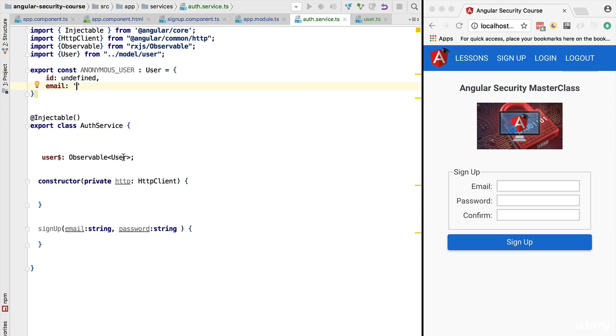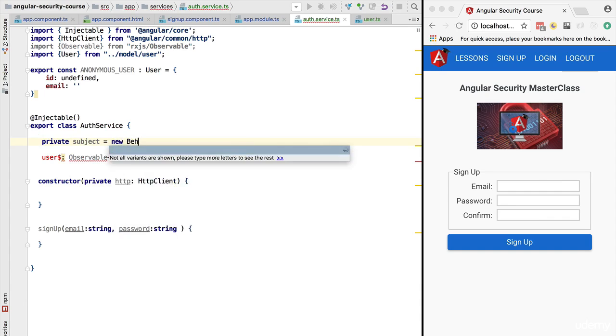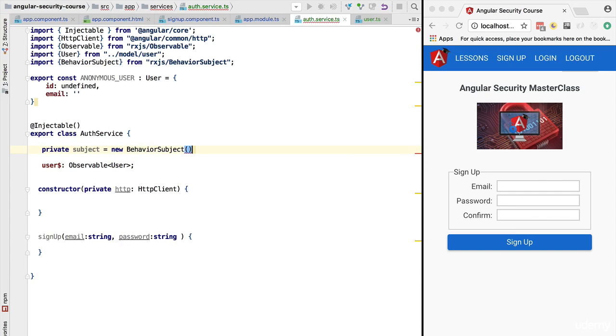We are going to define here this observable now. The way that we are going to define it is we want to have a way of emitting new values for this observable. So we are going to define here a subject that we are going to keep private to this class. We will call this variable simply subject. And we're going to say that this is a special type of subject that whenever we subscribe to it will always emit the last value. So it will be a BehaviorSubject of User, and the initial value, which is a mandatory parameter, is the